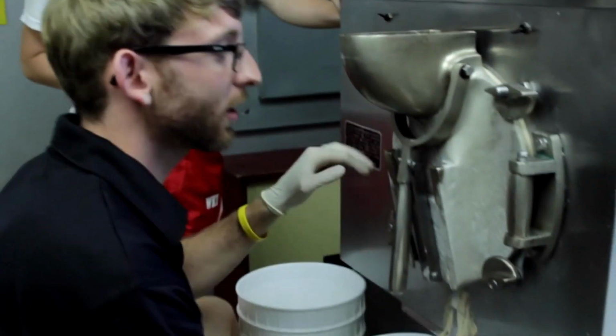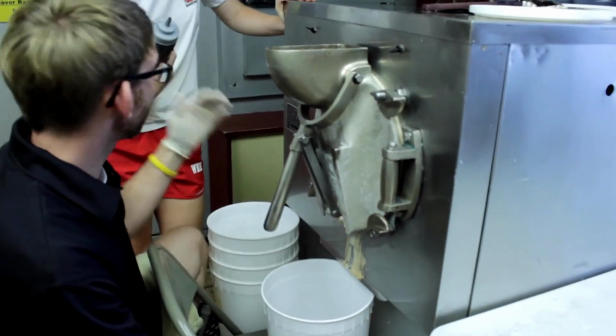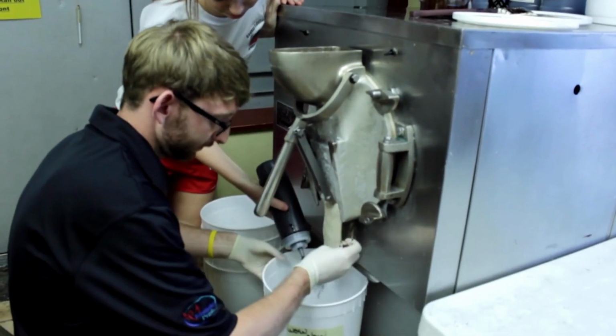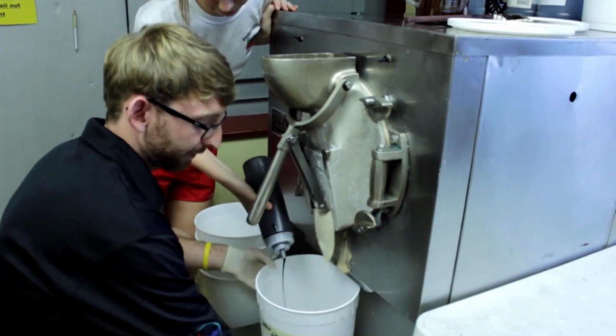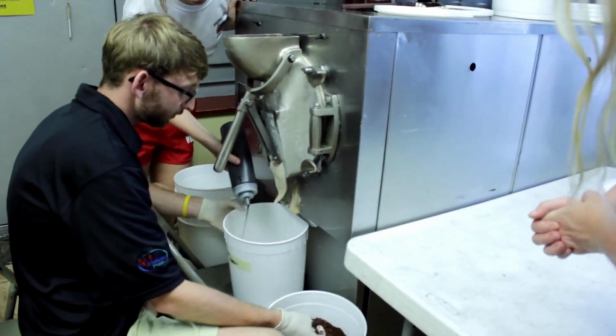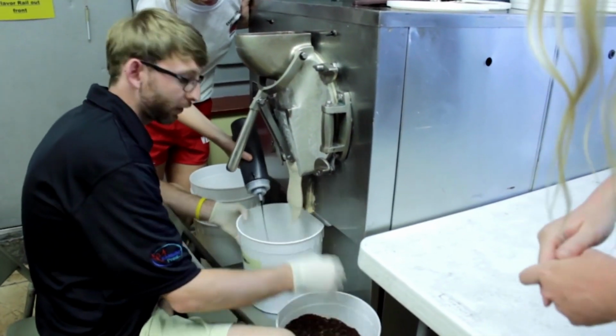So the ice cream's frozen for 12 minutes. It's ready to come out. So we're going to swirl in the swirl, and I'll throw in the chocolate. And that's how you make ice cream. This is so great. And it takes about how many hours again until it's nice and frozen? We leave it in the freezer overnight,